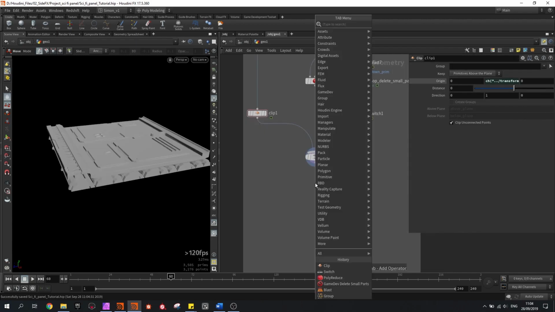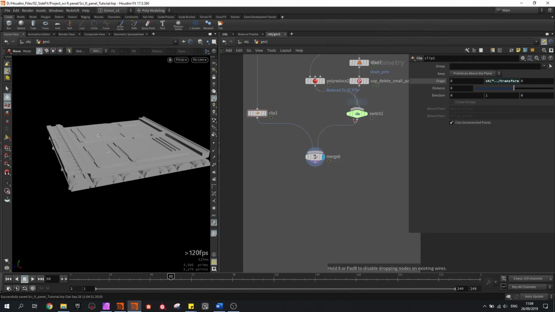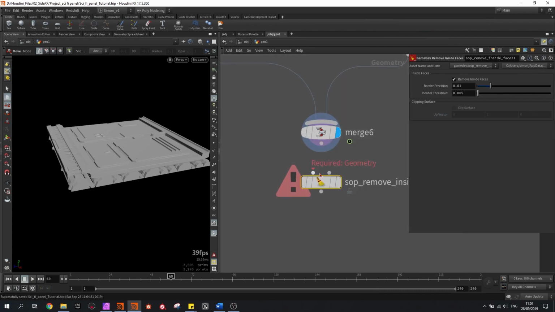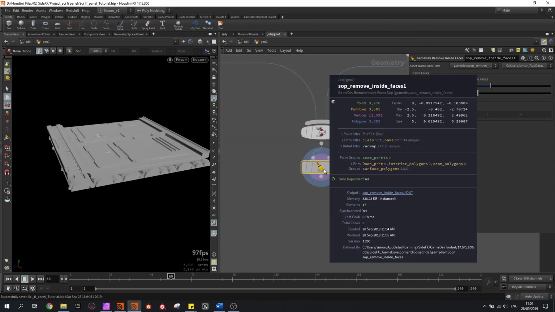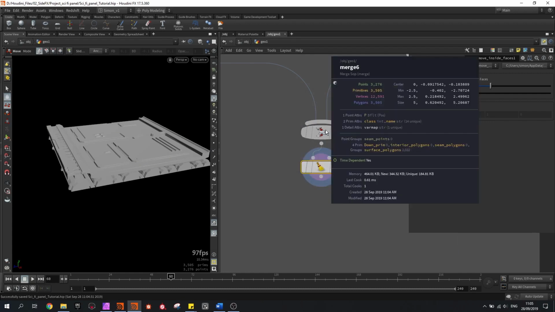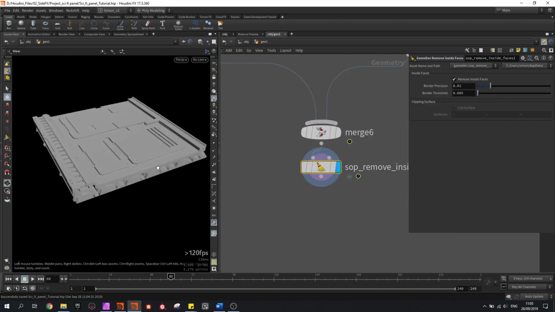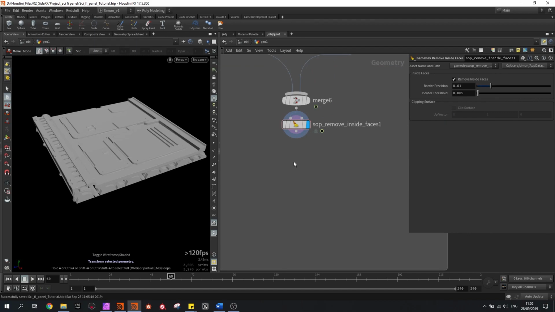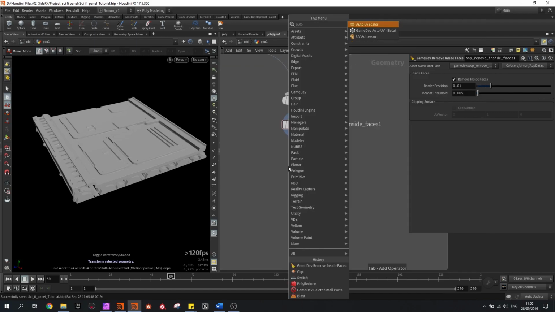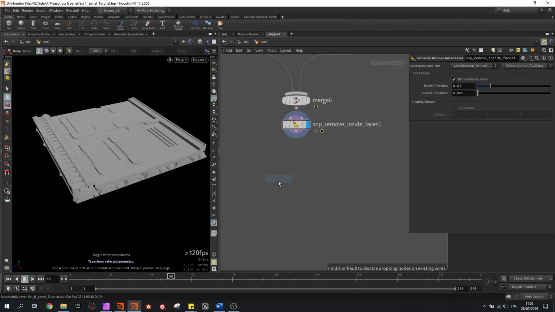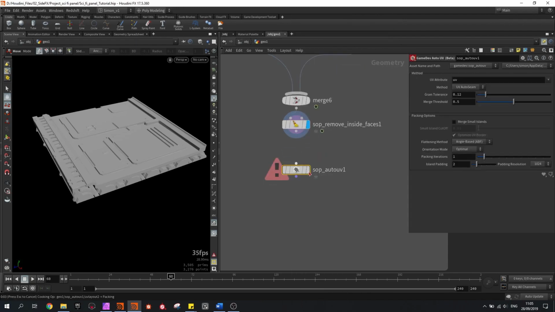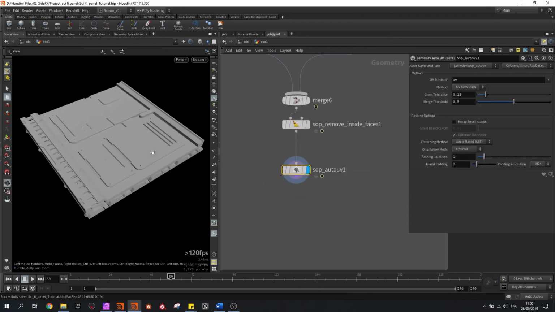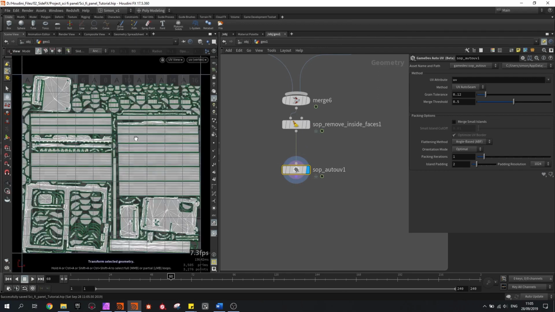One more small cleanup we can do is remove inside faces, which in some cases can be definitely useful. But in this case, I don't think it's going to remove any faces. Then I'm going to do the unwrapping, and I will be using the auto unwrapper of the game tools. So I'm gonna go in the unwrap viewer,